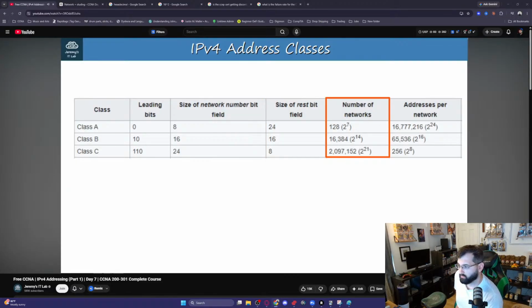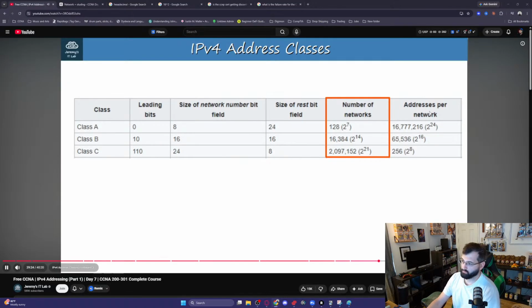Now, this part here displays the number of possible networks in each class. As I said, class A has fewer potential networks, but more hosts in each network. Class C is the opposite, and class B is in between. Class A has 128 possible networks. Class B has about 16,000 networks. That's crazy. And Class C has about 2 million networks. Class A allows about 16.7 million hosts in each network. Class B allows about 65,